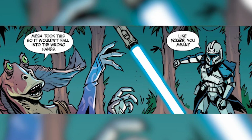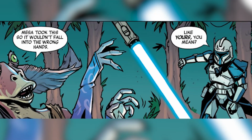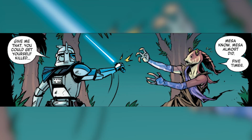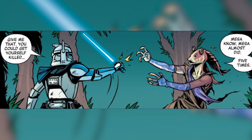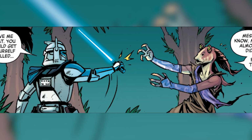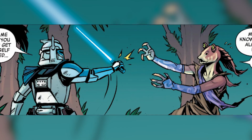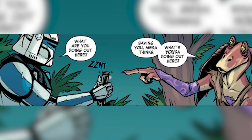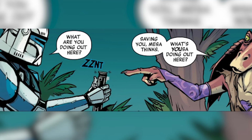Jar Jar says he took it so that it wouldn't end up in the wrong hands, but Rex hilariously responds, saying, "Like yours." Rex then takes the lightsaber away from Jar Jar so that he doesn't accidentally get himself killed with more clumsy behavior. Jar Jar then casually mentions to Rex that he did almost get himself killed with that thing 5 times. The two then argue about why they are both out in the deep jungle very far away